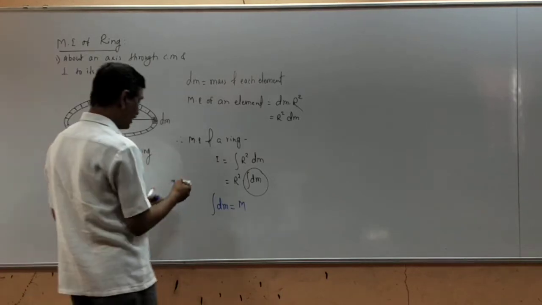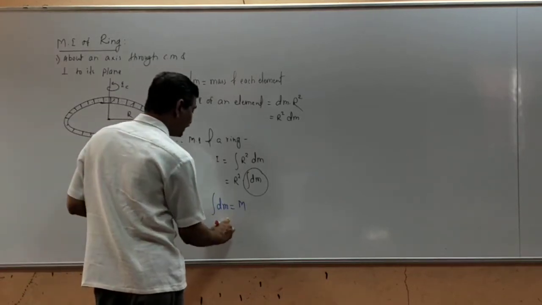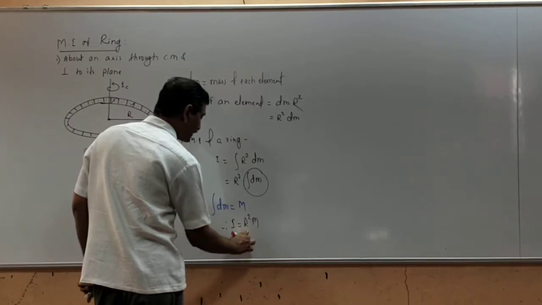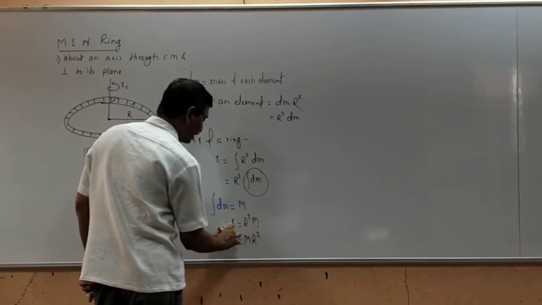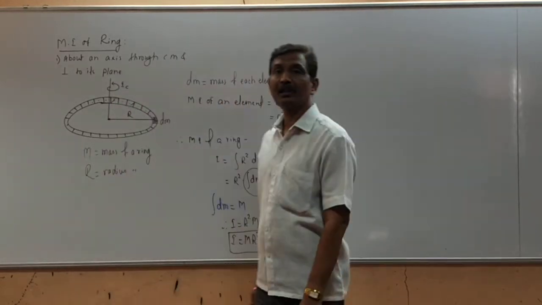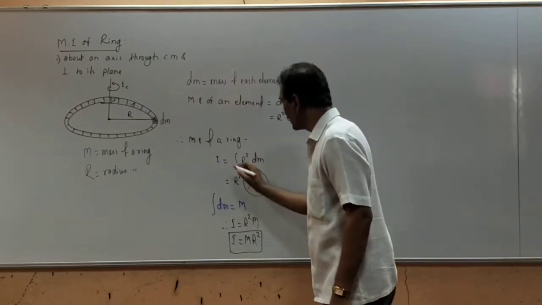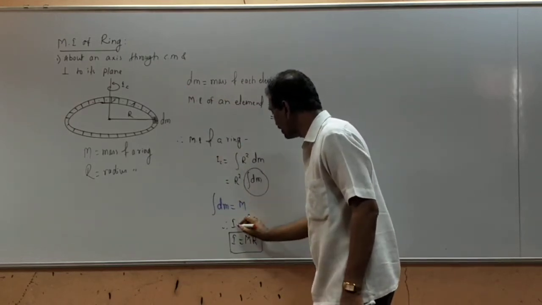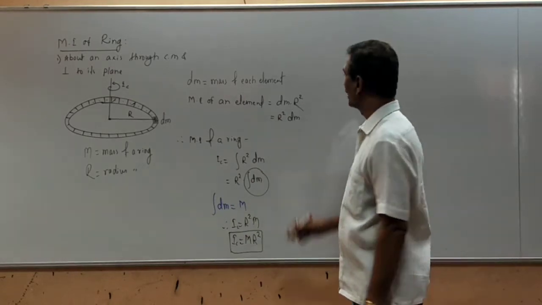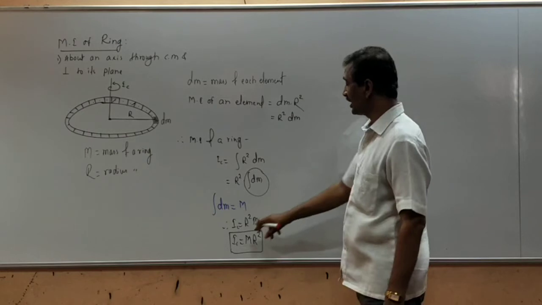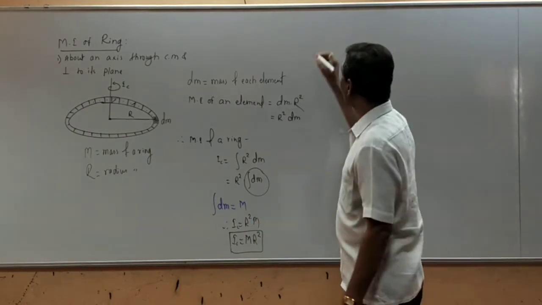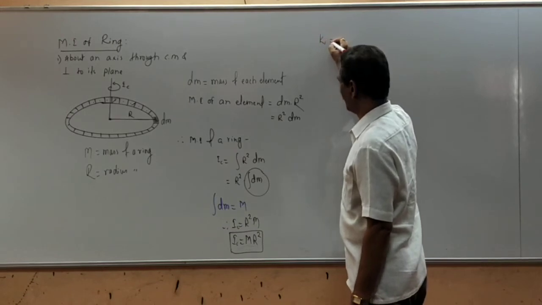So what is the moment of inertia I? I is equal to r square into M. Hence I is equal to MR square. So this MR square is the moment of inertia of the ring. For our convenience we use the letter IC for such a moment of inertia. Hence we get the formula IC is equal to MR square. If you compare this formula with I is equal to MK square, where k is the radius of gyration, we get Kc is equal to R here.